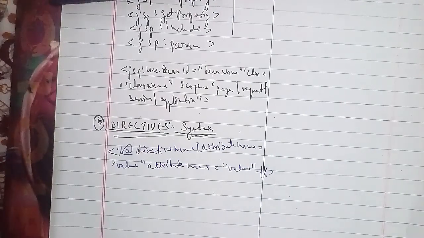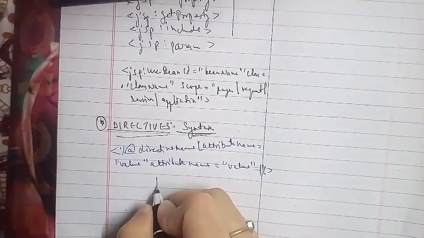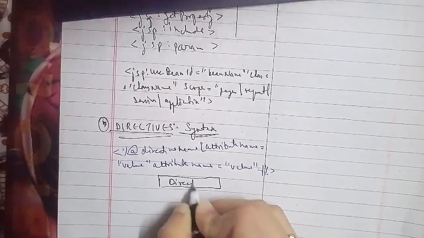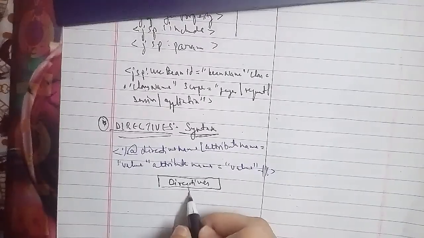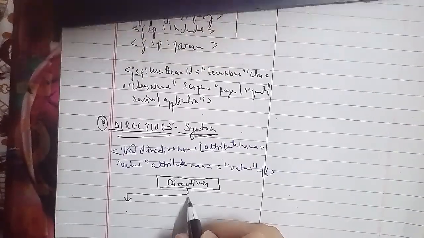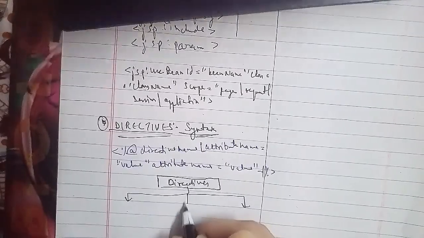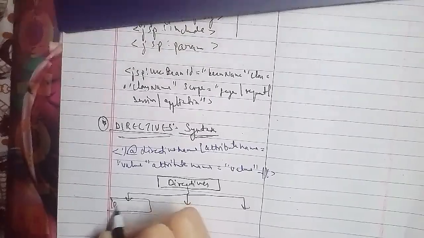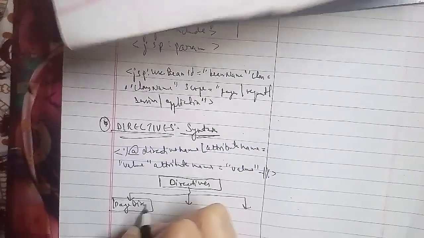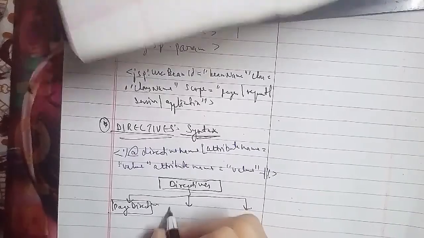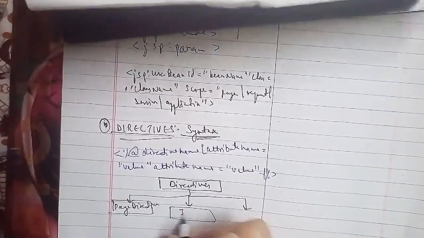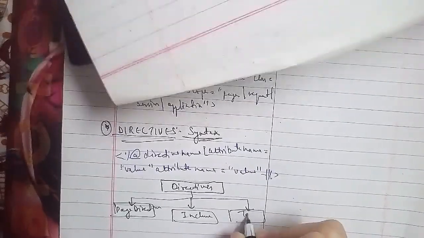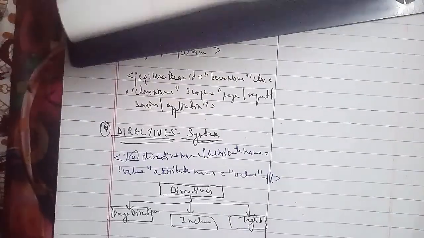there are 3 types that have been further divided. The first is the page directive, the second is the include directive, and the third is the taglib directive. So these are the 3 directives: the page directive, the include directive, and of course the taglib directive. Talking about the page directive here,